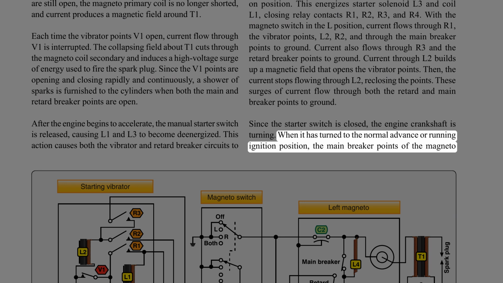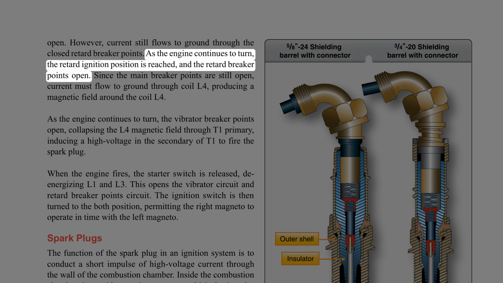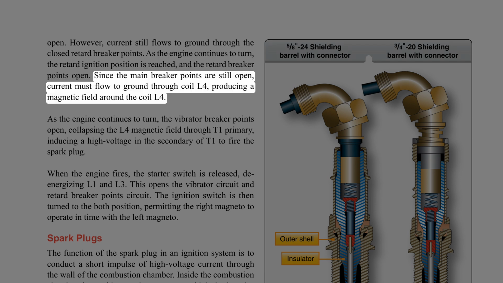When it has turned to the normal advance or running ignition position, the main breaker points of the magneto open. However, current still flows to ground through the closed retard breaker points. As the engine continues to turn, the retard ignition position is reached, and the retard breaker points open. Since the main breaker points are still open, current must flow to ground through coil L4, producing a magnetic field